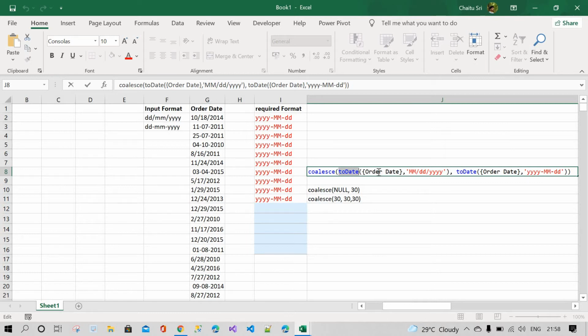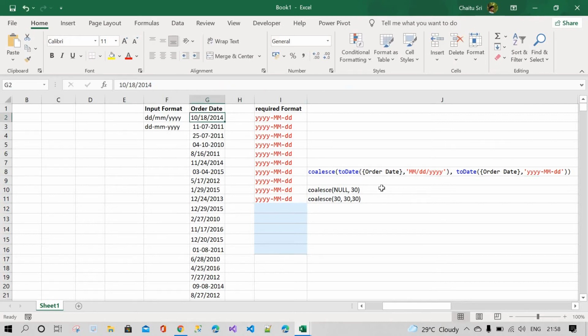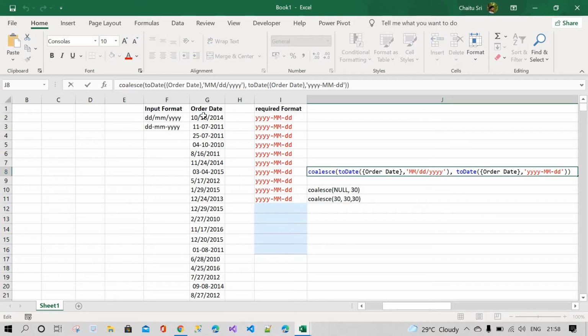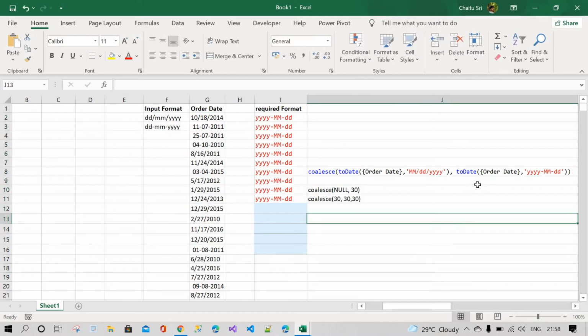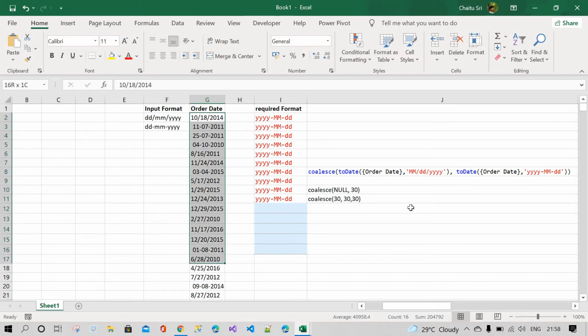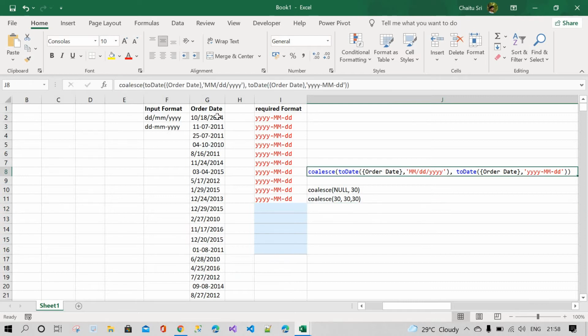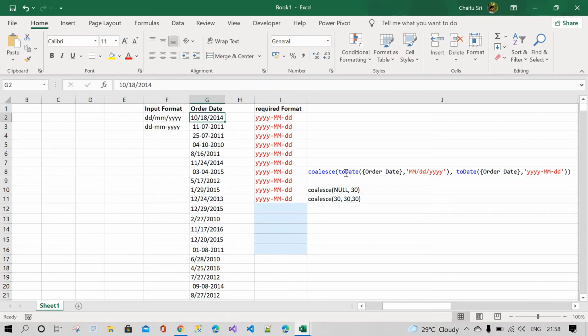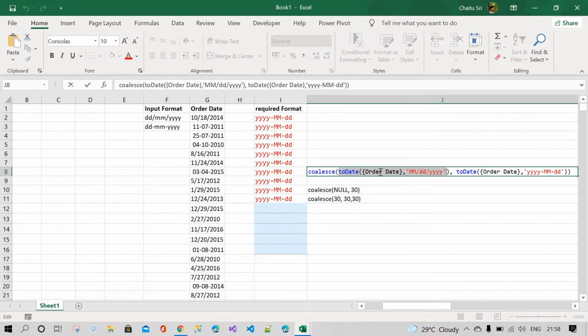It will check the date from the existing table, and if this format matches with this order date, then it is not null. So now the Coalesce will return this date format.